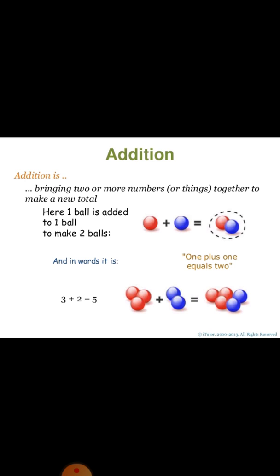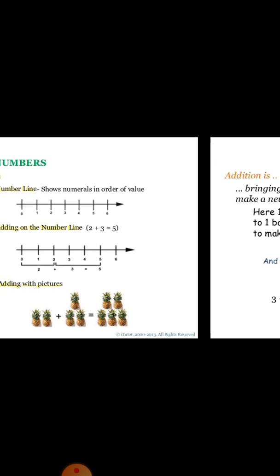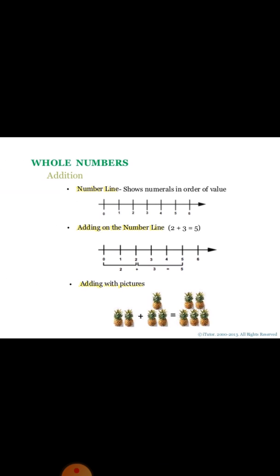There are three balls, and if we add two more balls to it, tell me student, how many balls are together? Good. Thus the sum of the balls is equal to 5, because we know that 3 plus 2 is equal to 5. Next we add numbers with the help of a number line, because a number line is a very easy process to add and subtract numbers.